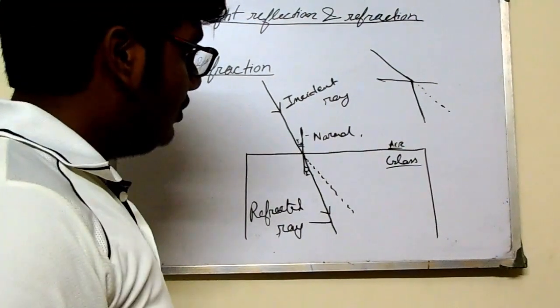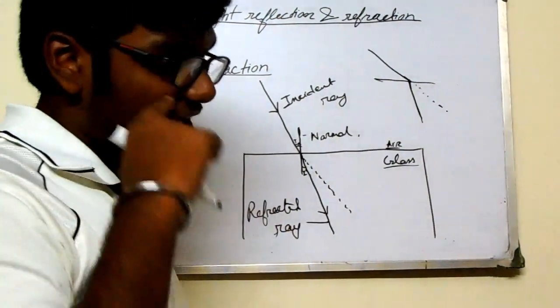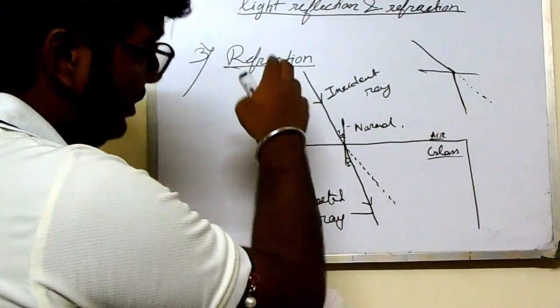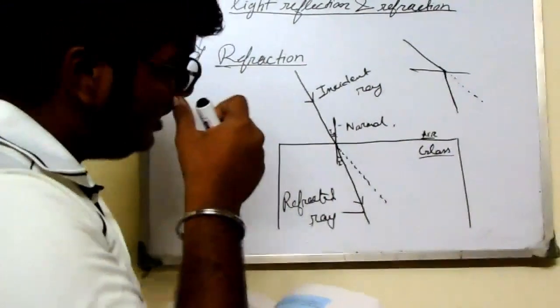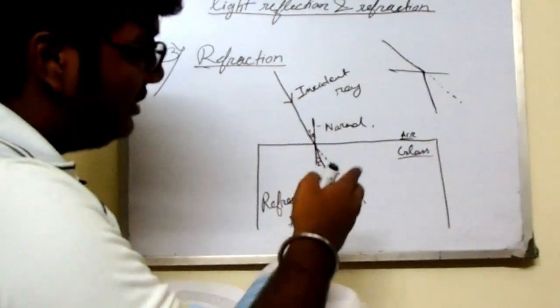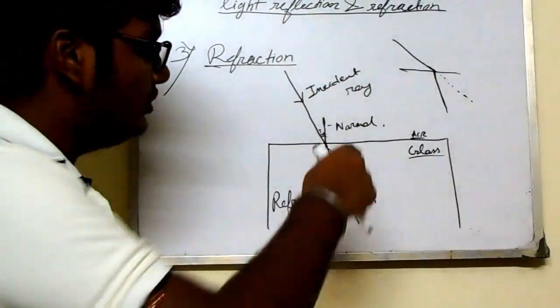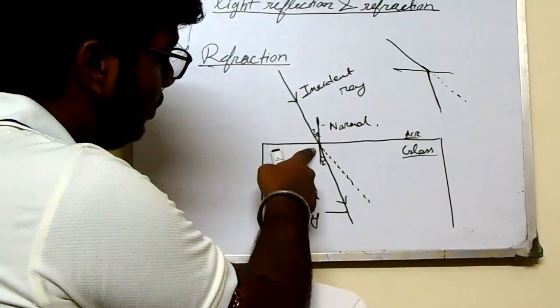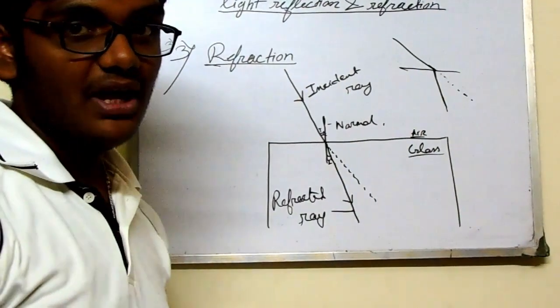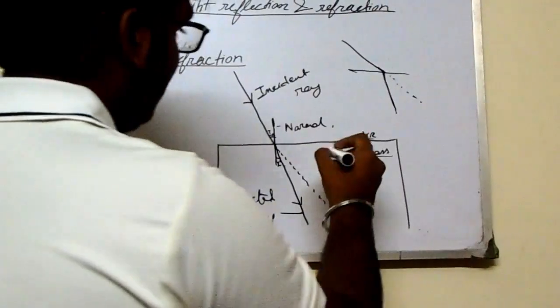So what we have to remember in the case of refraction is, when the ray of light enters from the rarer medium to the denser medium, it goes closer to the normal. And what if the ray of light